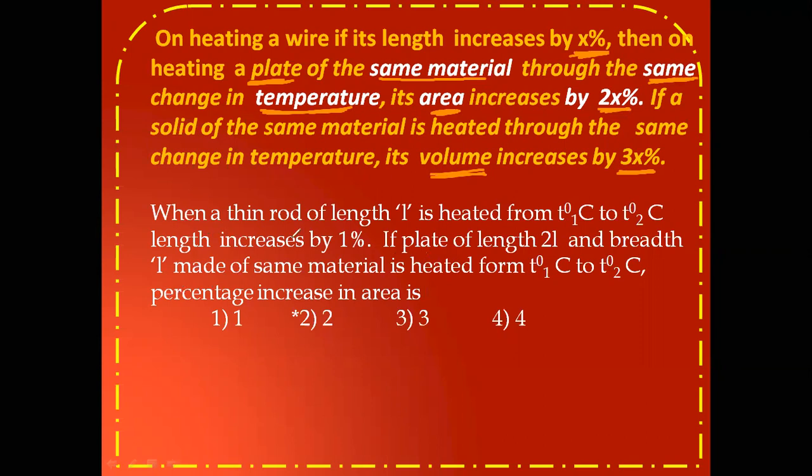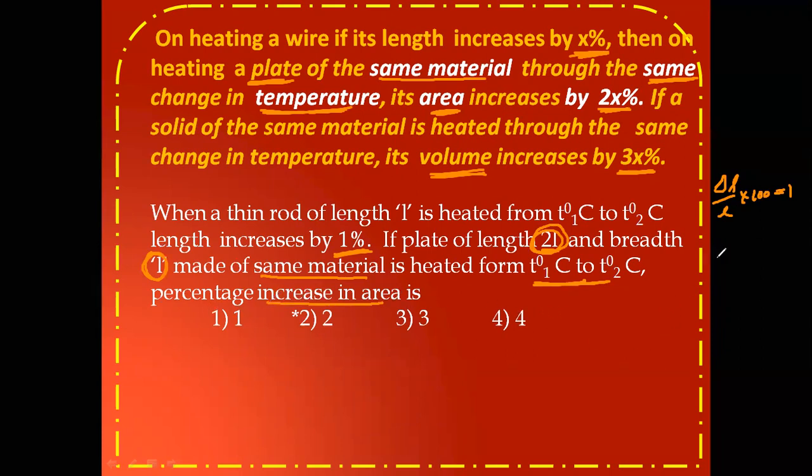Now see here, when a thin rod of length L is heated from T1 to T2 degrees Celsius, length increases by 1%. So what information did they give? Delta L by L into 100 is equal to 1. Now if a plate of length 2L and breadth L is made of the same material and heated through the same rise in temperature, in that case, the increase in area